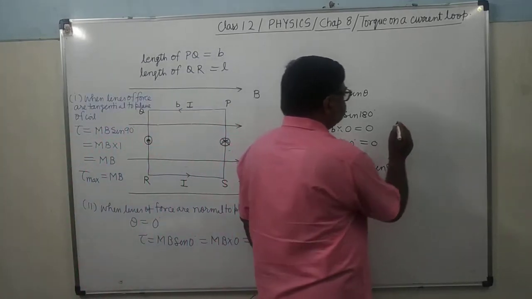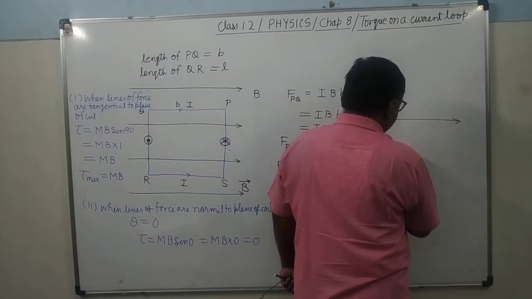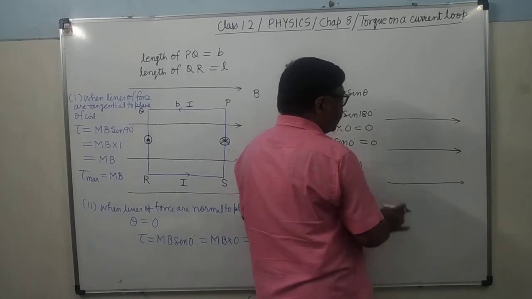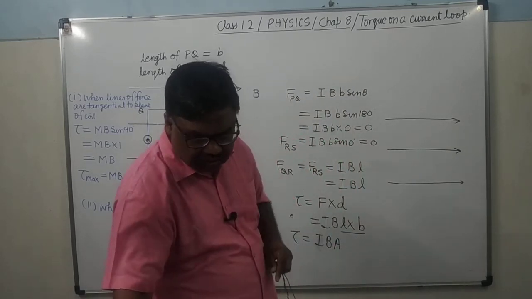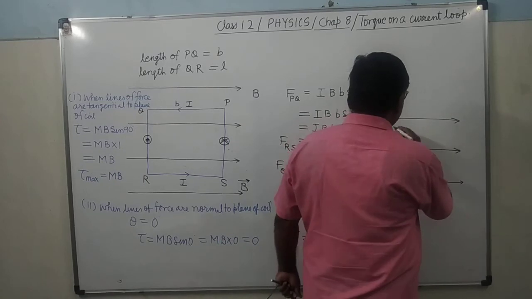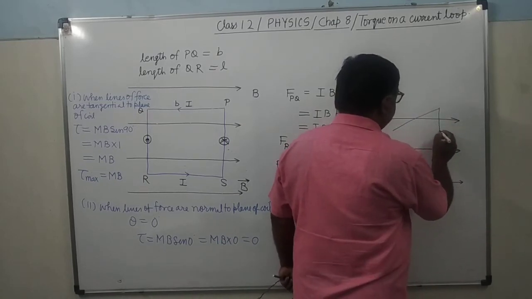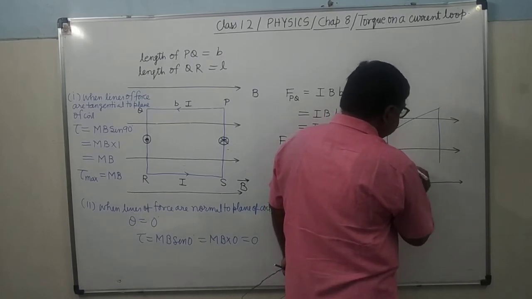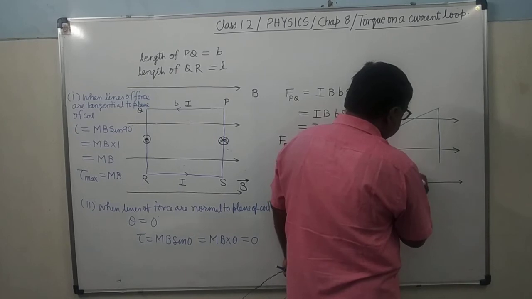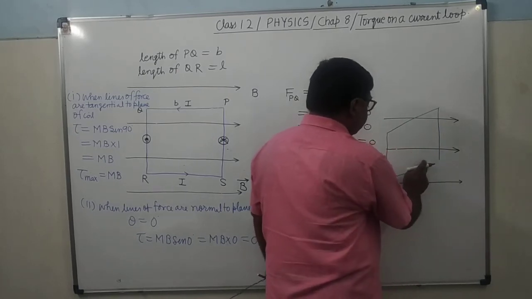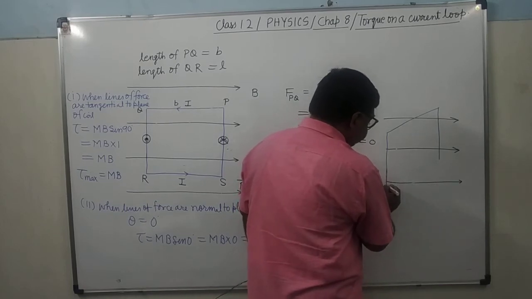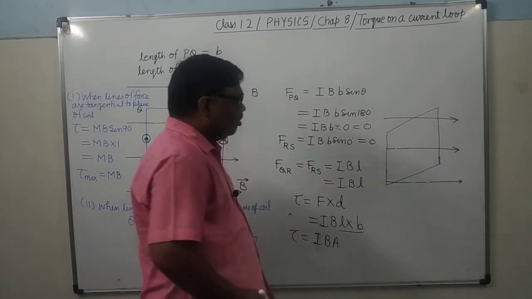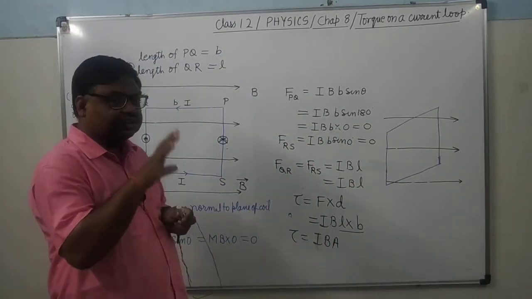Here these are the lines of force. And now the coil has rotated. Because of the rotation of the coil, it is still in the rectangular shape. It is shown in order to show the deflected position of the coil. It is made in this way because of the deflected position of the coil, though it is still in the rectangular